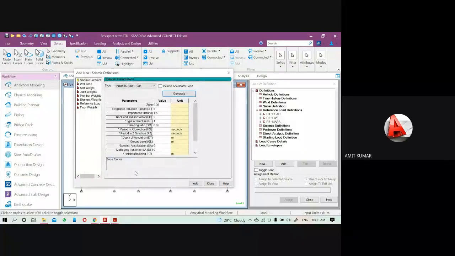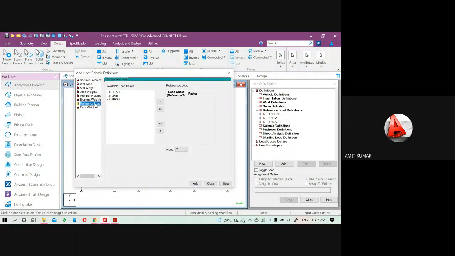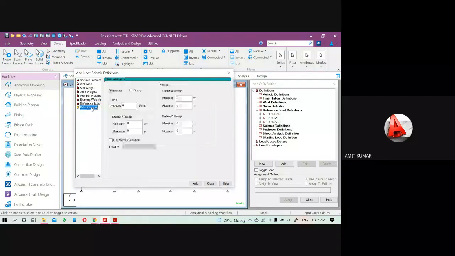Click on generate. Then I could add the floor load, floor weight, but this time we will not add the floor load here. We will use the reference load, because if I want to use the floor load, first I have to provide the load pressure value here, then define the range, then add it three times along the x-axis, then y, then z.